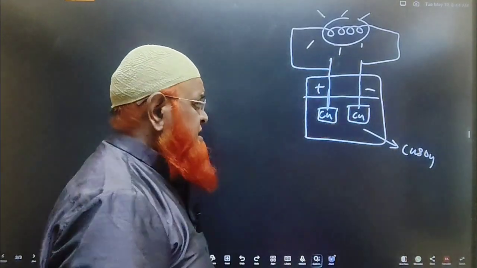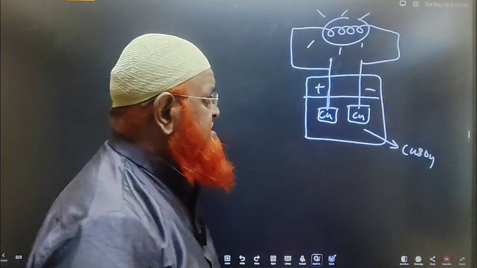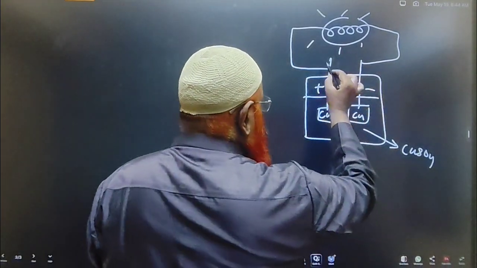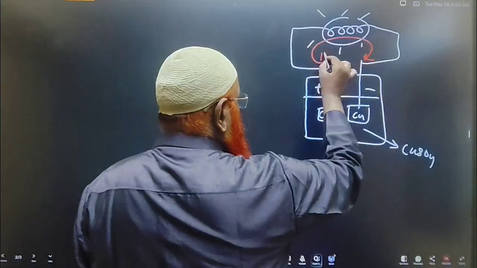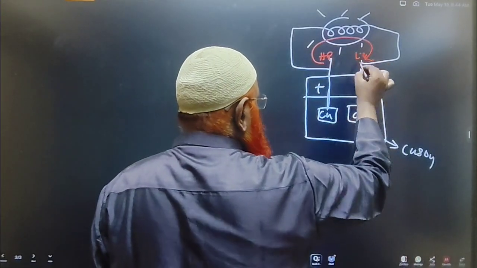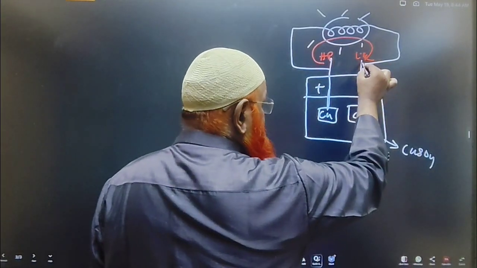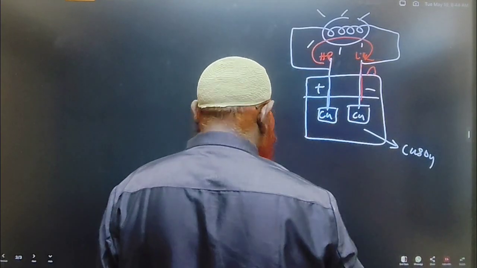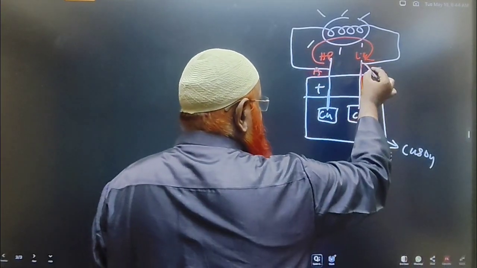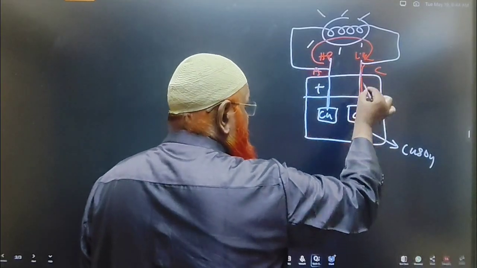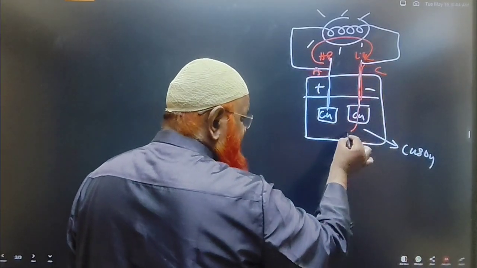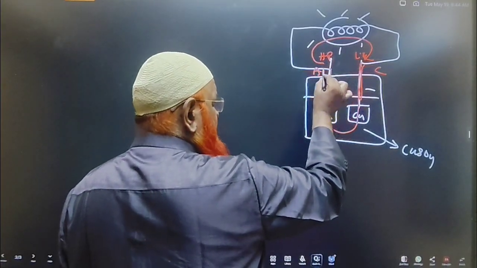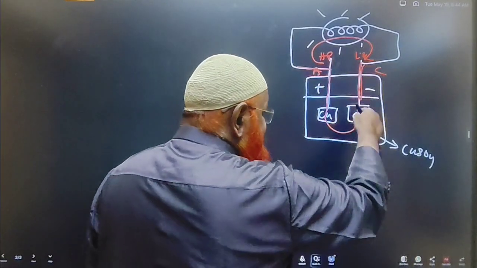And inside the cell, the current has to pass from where to where? Just see. Outside the cell, current will pass from higher potential to lower potential, and inside the cell the current has to pass through this. This is an anode, this is a cathode. The current has to flow inside from this wire to a copper plate. Again it has to pass through the copper sulfate solution. Again it has to come to the positive anode. Again it has to go like this. So during this journey,